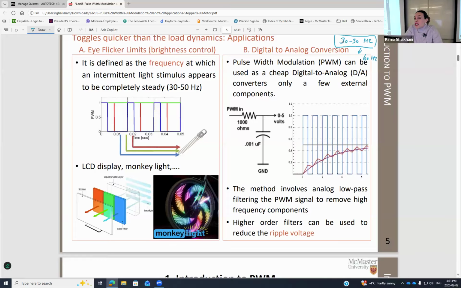It is happening faster than what our eye can detect. So for TV it is 60 to 100, maximum is 100. And we cannot see the flashing LED in there simply because it is flashing faster than what our eye can